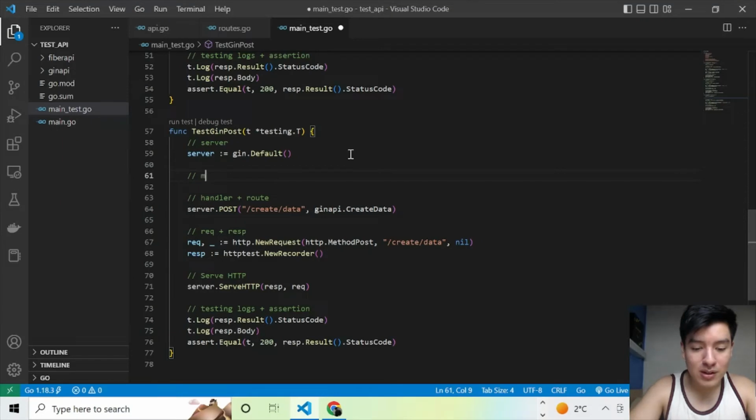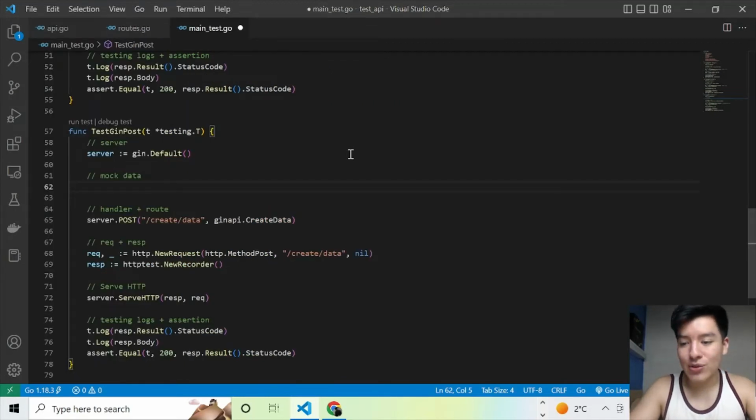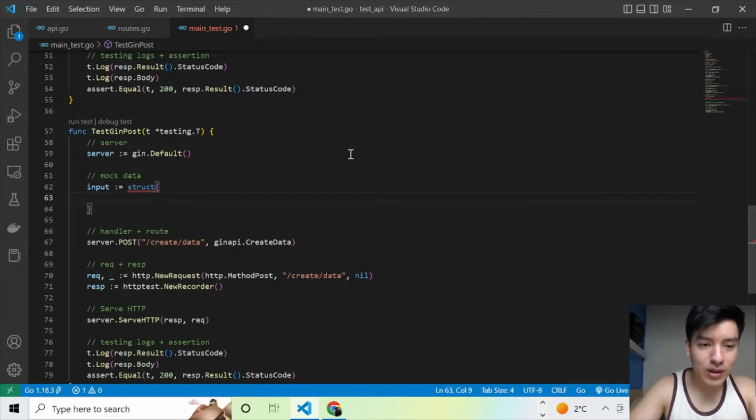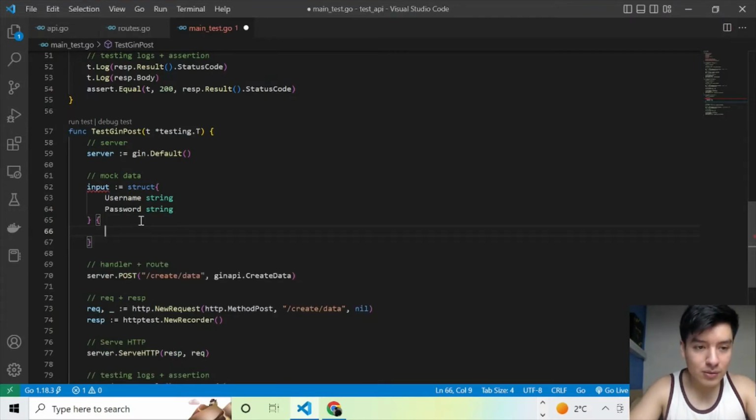We're just going to do mock data, and now what you would do here is, well, let's see, we would have to do a struct. Usually you would make this separately in a different file and import it here, but we'll just do it within this testing function. We'll just say input, right? Input's a good word for this, and we'll do a username string and password string, and then do username